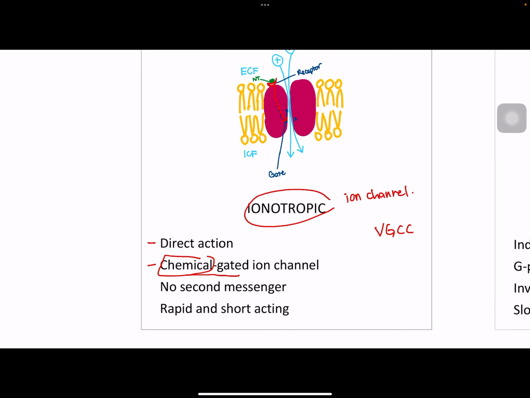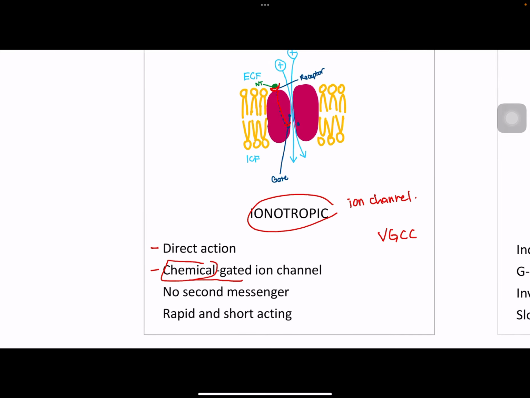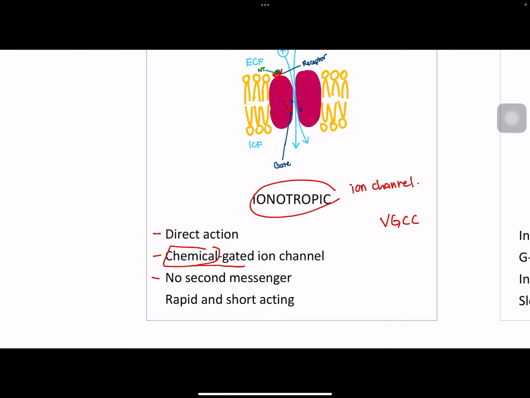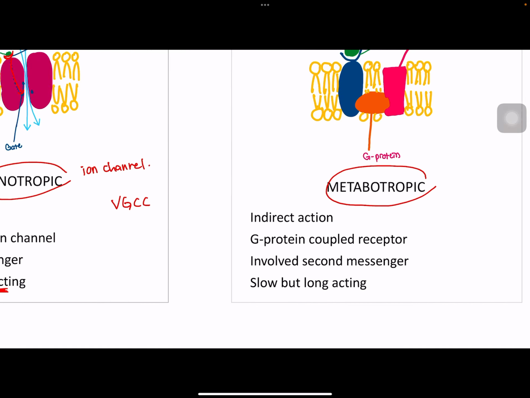Because it allows a direct influx of the ions into the cell, it doesn't involve any second messenger to open the ion channel, and it produces a rapid response. However, it is quite short acting in terms of the response. The other type of